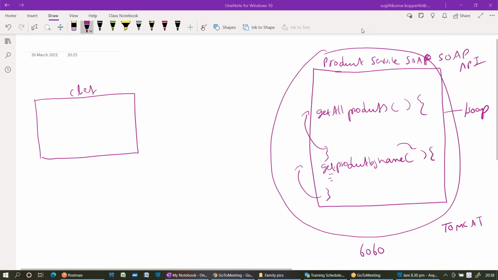Okay, where I stopped. So 6060 is the port number where my Tomcat is listening, right? And whenever any SOAP application is deployed on a server, one file will get generated. That means for the SOAP API, what is that file which describes that SOAP application? The WSDL file.